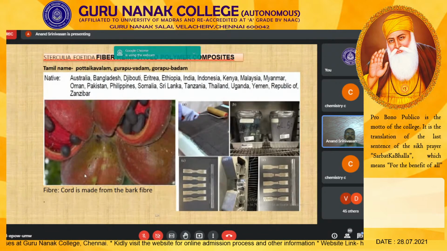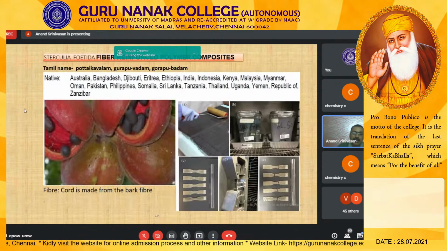What we did, it is a serendipitous invention, I would say. When myself and my student were talking and walking in the campus of Anna University, we found this fruit really fascinating. So we plucked the fibers from the fruit, processed them, and reinforced the processed fibers with PLA in epoxy, and we made a wonderful composite. And we won the best paper award in 2017 in an international conference held at Anna University.